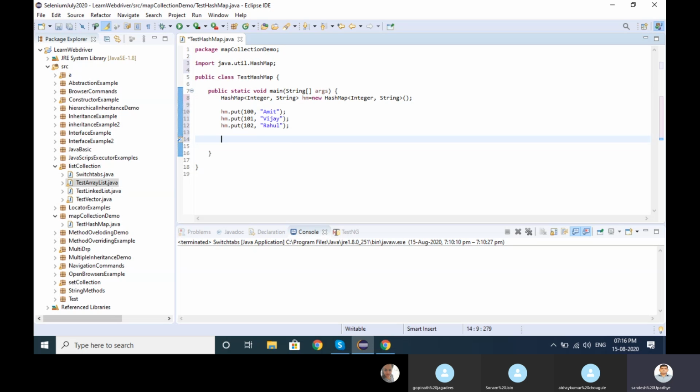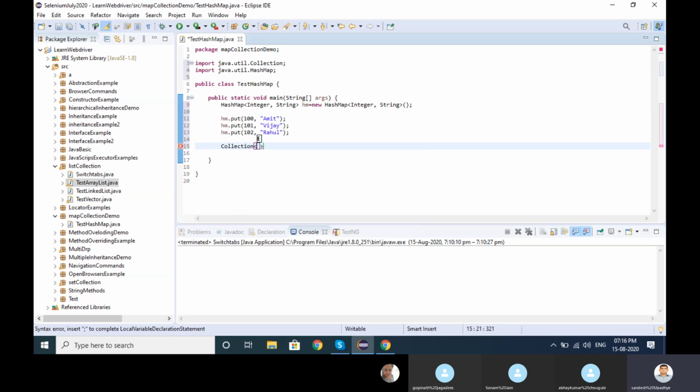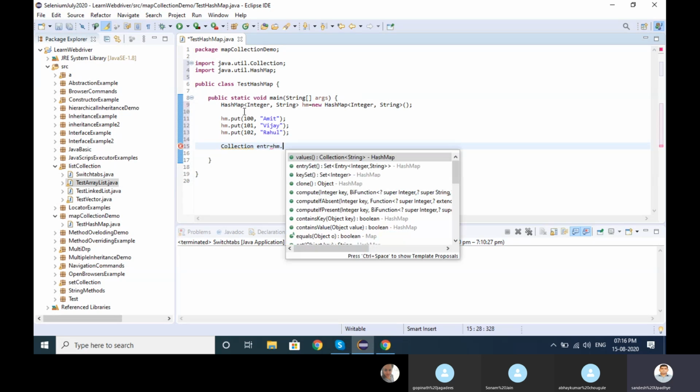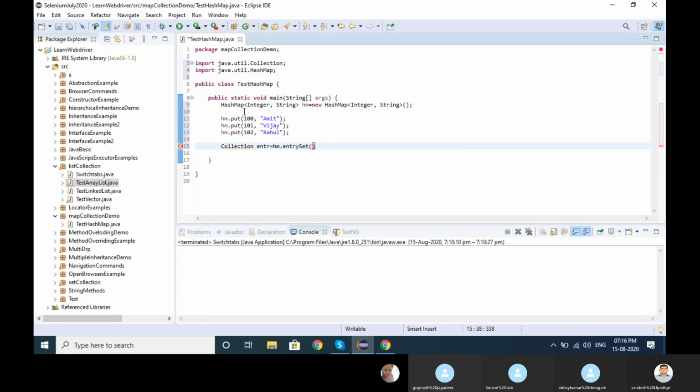Now we want to convert that map into a collection. So it's a standard syntax: collection, object name is equal to hm dot entry set, then we have